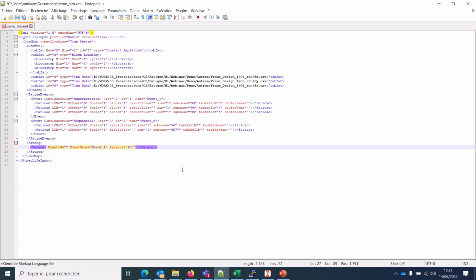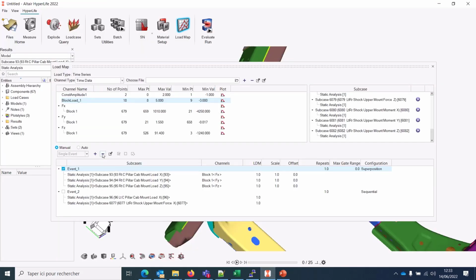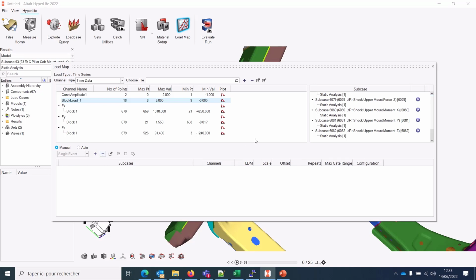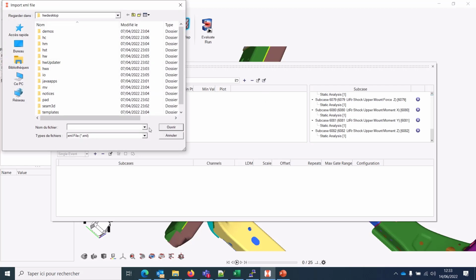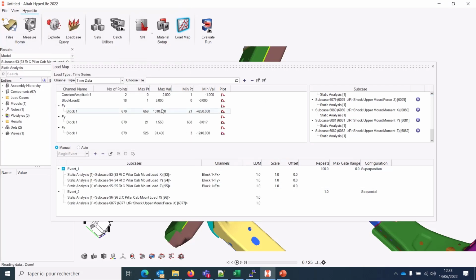I could say repeat this one 100 times, save this one in a file, delete everything. So for example, I could use a new model and then simply go there and import my HyperLife load map file, and everything is imported with the different changes I made on this file. So this is some kind of templatization that you can use if you want to iterate on different models. And in any case, if you have typical loadings that have to be applied several times on your model, you can use